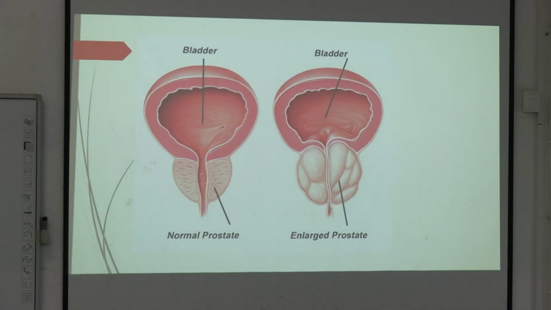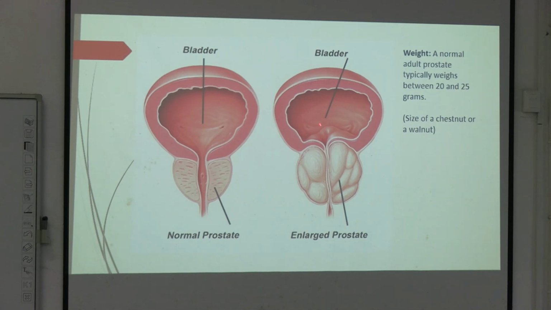So now, as you can see, this is a pictorial representation. Here, this is the urinary bladder and this is the normal prostate gland. What is the normal weight of the prostate gland? It is around 20 to 25 grams. Okay, the normal weight of an adult prostate is 20 to 25 grams and it is the size of a walnut. Now you can see here the prostate is showing nodules and it is hyperplastic. The size has increased, because of which you are seeing that the urethra is very much obstructed. So definitely the patient will have obstructive symptoms.